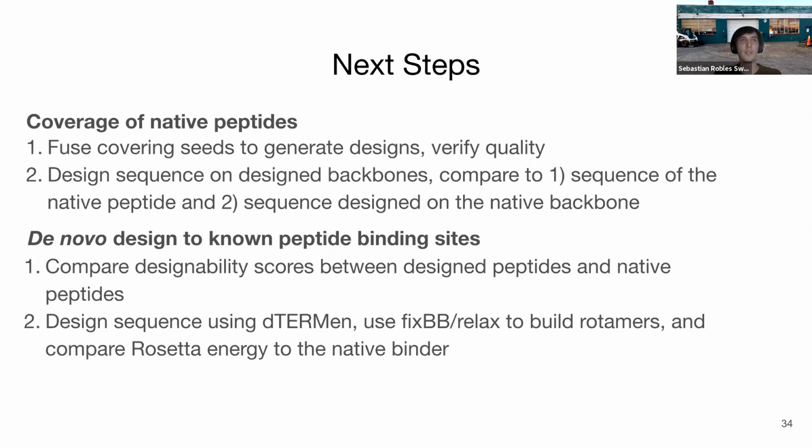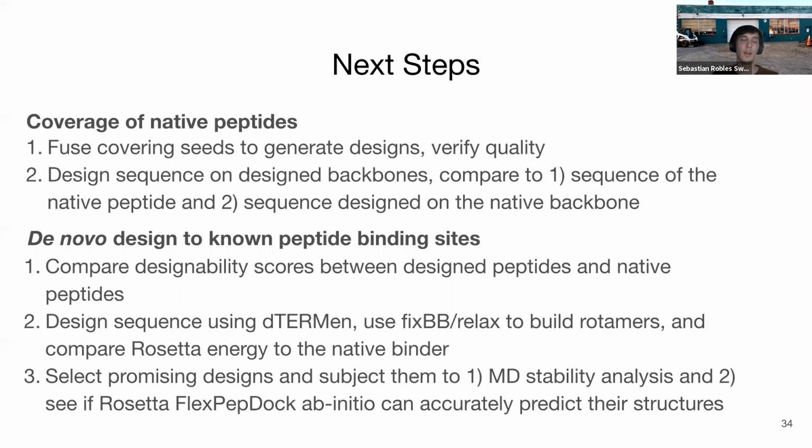So we would basically try to design a sequence and then try to design another sequence with the constraint that it is within some number of mutations away from the first one. I think it would be promising to see if we could design lots of reliably low energy peptides on the same backbone. And then finally, we can select some of our most promising designs and use molecular dynamics stability